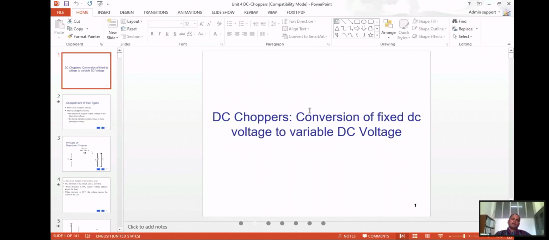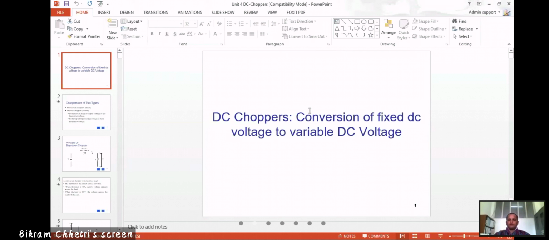Now, in the next unit we are going to talk about choppers. A chopper is nothing but converting a fixed DC voltage to a variable DC voltage. The name itself, chopping, means you are dividing, or trying to convert from a fixed DC voltage. The input may be, say, 220 volt or 24 volt,